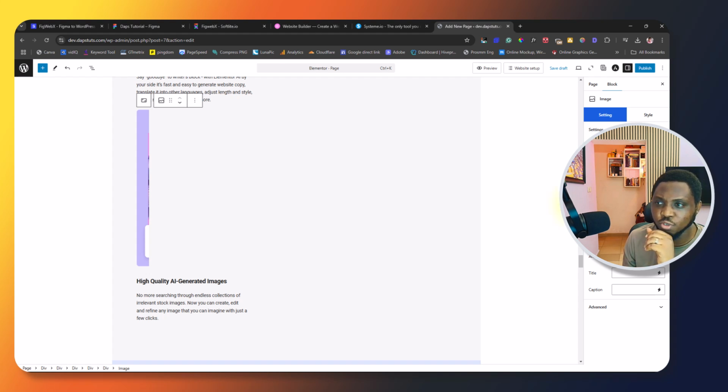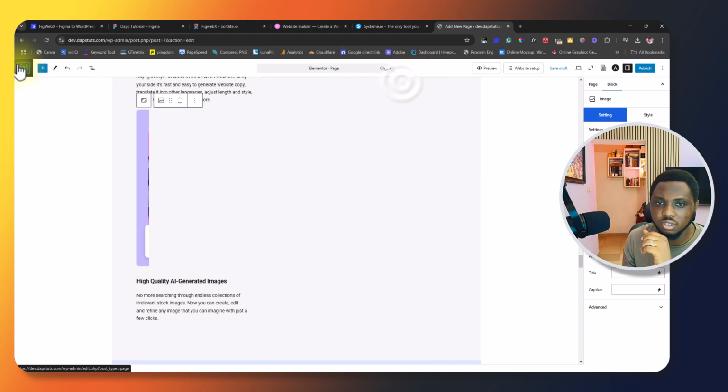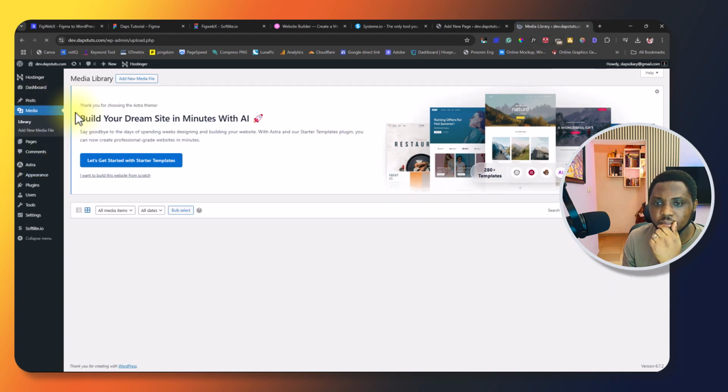So right now, if we go to WordPress, let me open this in a new tab and let's come to our media. Let's come to our library. You can see there is no media whatsoever in our library. So this plugin is not able to download all of the images and then host them locally